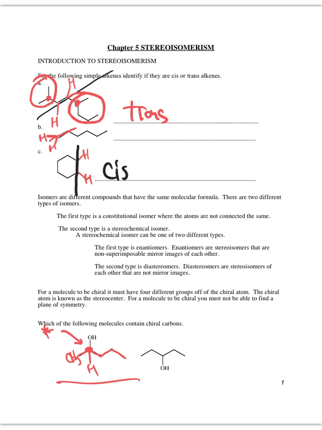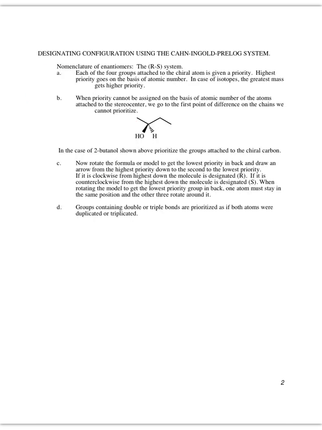On the next one, we have a hydrogen, an OH, an ethyl to the right, and an ethyl to the left. So we only have 3 different things. So this is not a stereocenter. It does not have a chiral compound because we have to have 4 different things for there to be a chiral compound. So how do we name things? We need to figure out the RS,